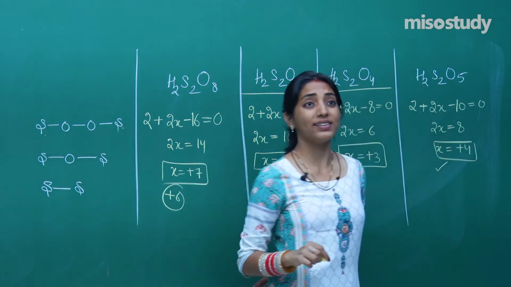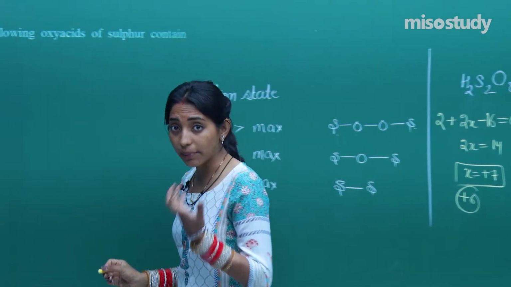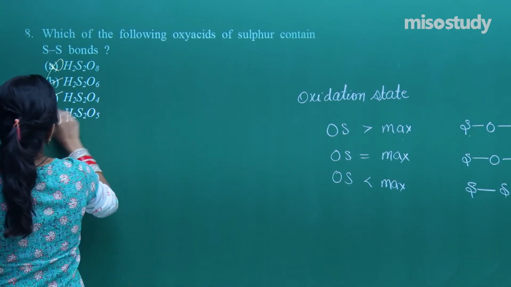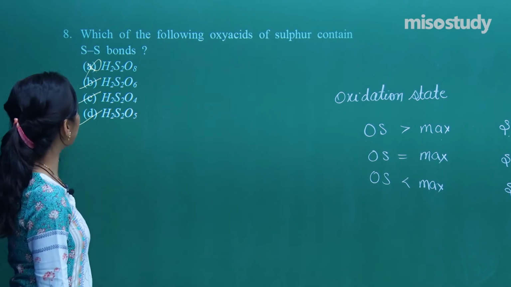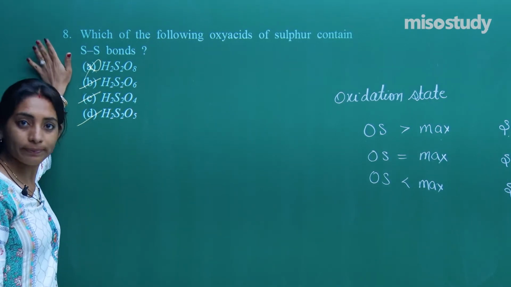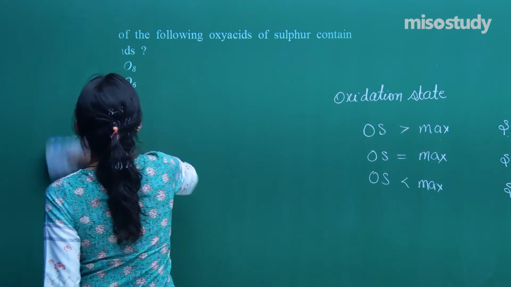Yes, oxidation state is less than 6. And whenever the oxidation state is less than 6, less than the maximum, then an S-S bond will be there. So all the three, B, C, D, will be correct options for this particular question. Clear? Okay. Now considering the next question,